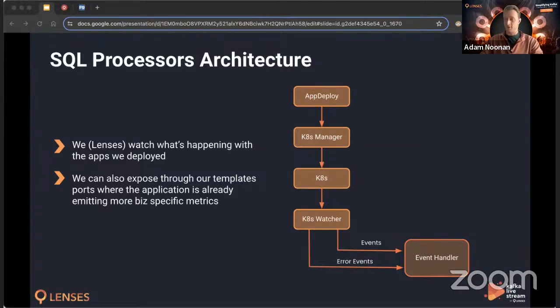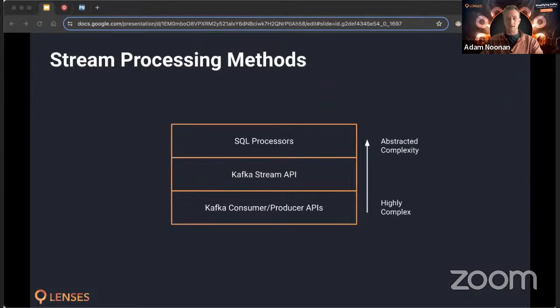Cool. Thank you. And you mentioned something there, the Kafka Streams as well, which is what we are using under the hood. And if that's a new term for anybody, here's a 101 explainer of how this worked historically. What was available first, but also the most highly complex way to develop these kinds of applications, was that we used to use Kafka consumer and producer APIs, so Java libraries, that we would develop applications with to